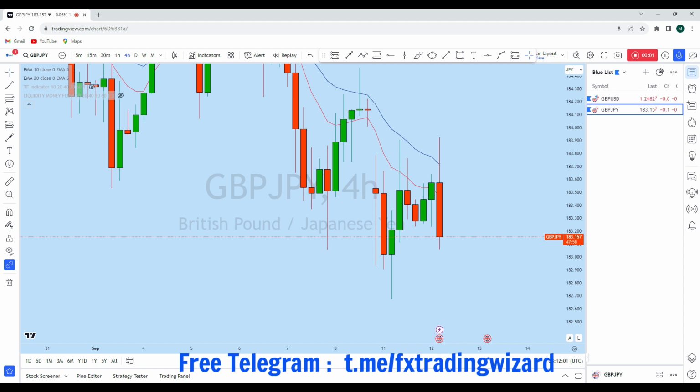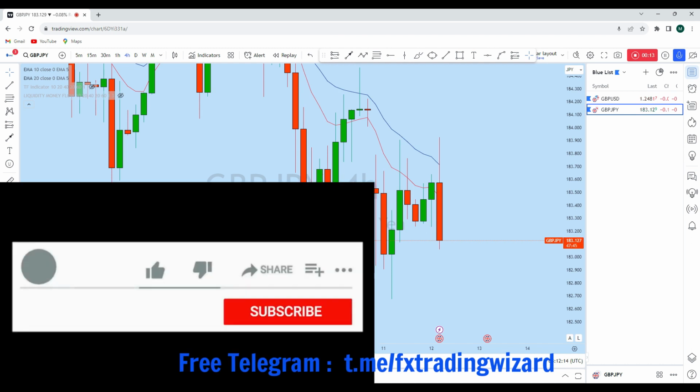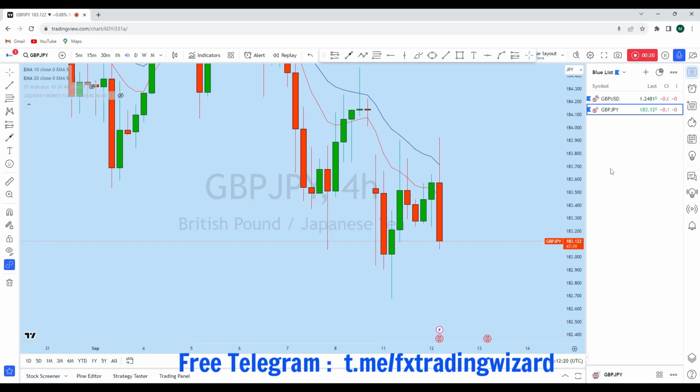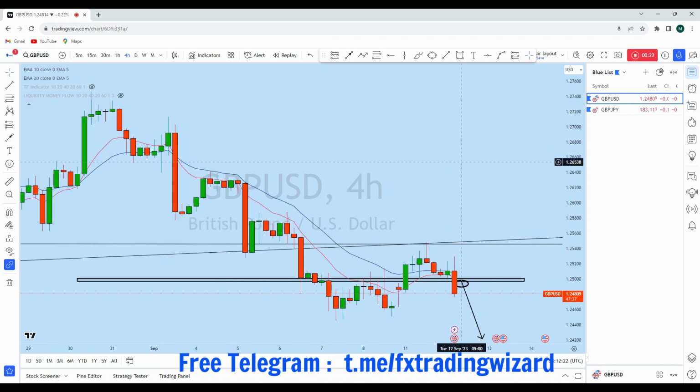Hello trader, I'm going to do a complete multi-time frame analysis on GBP JPY and GBP USD. Let's see what kind of trading opportunity we currently have in both of these instruments. As you can see on the lower time frame, we can find significant trading opportunity on GJ and GU. Now, before we discuss how we can trade, let's quickly look at the bigger picture, looking at the monthly time